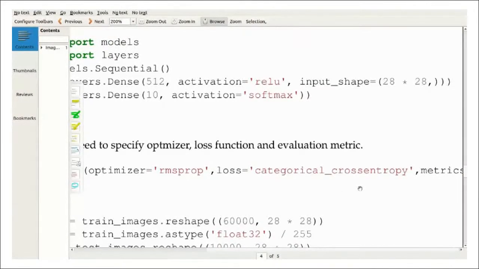You can specify the loss function, because we are getting a probabilistic distribution, so you are going to compare the actual distribution and the expected distribution. To compare the loss between two distributions, you use cross entropy. And here the values are categories 0, 1, 2, 3, so we are using the categorical cross entropy loss function. The metric we are using to evaluate is accuracy.